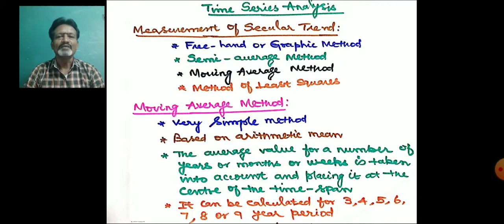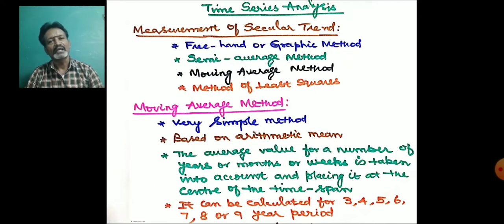Suppose an even number of years is given, that is 4 years or 6 years. At that time it is very difficult for us to find the middle year. Suppose a 4-year moving average is asked. First we take the 4-year total. Here the middle year is between the second and third year, so you write the values in between the second and third year. Then you leave the first year, again add the next 4 years, and the same procedure is followed until you get the 4-year totals.